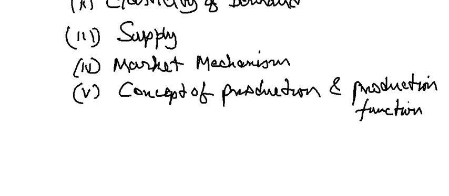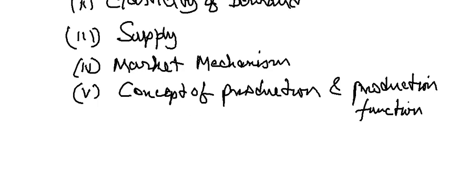Again, the syllabus goes on to tell you what exactly they are asking for. What do they expect you to know? Syllabus mentions that a production function, there you only have to know the concept, what is a production function. You also have to know law of variable proportions, and under this you have to know statement, assumptions, schedule for the purpose of understanding and not for testing. See, the ISC syllabus mentions statement, assumptions, schedule for the purpose of understanding and not for testing, and then diagram and explanation to the three stages.